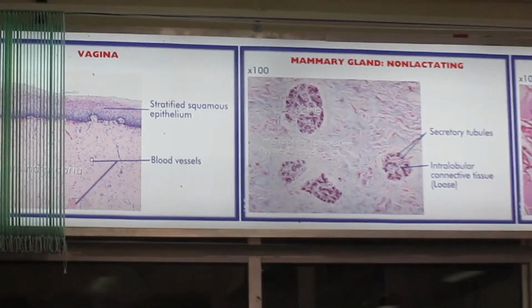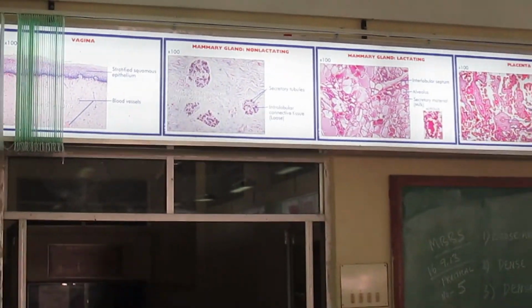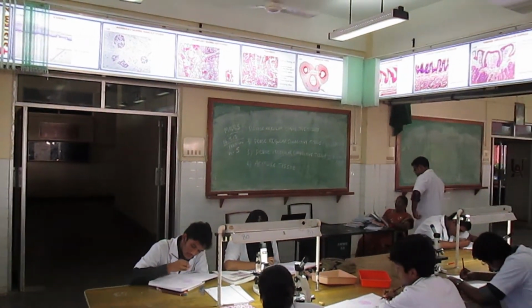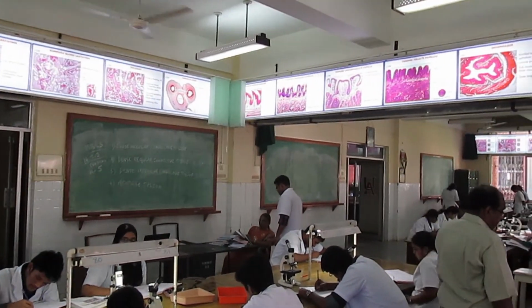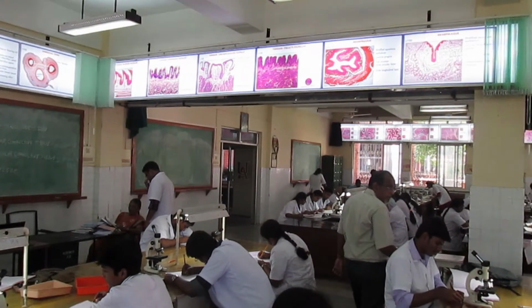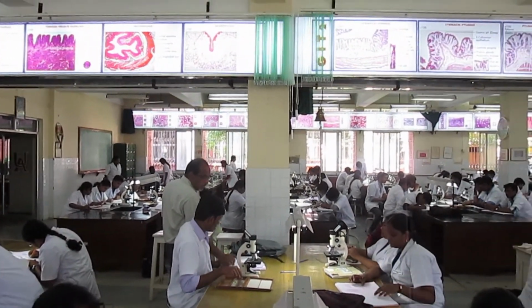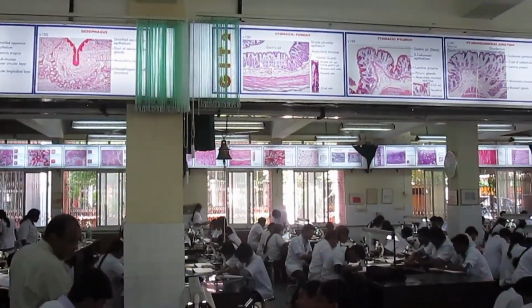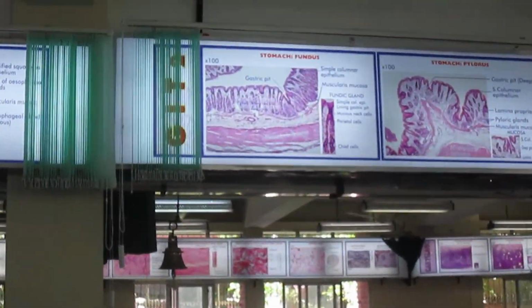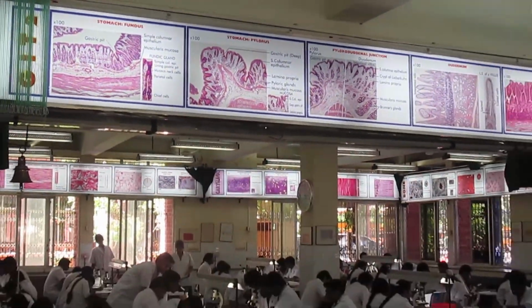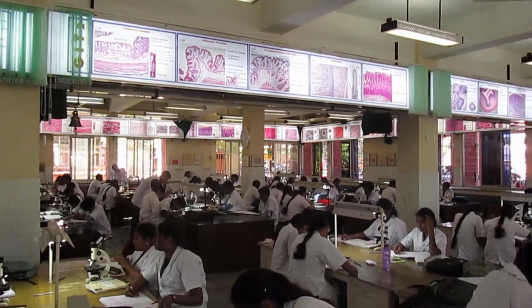You would have already seen these slides in your medical school during histology practical classes. A presentation of this type gives a quick review of all the slides with points of identification and related questions which are often asked during discussion of these slides. The whole histology is divided into 18 presentations, each of which is of 15 to 20 minutes duration. So the entire histology can be covered in 5 to 6 hours of viewing and listening. Now let's go to the presentation.